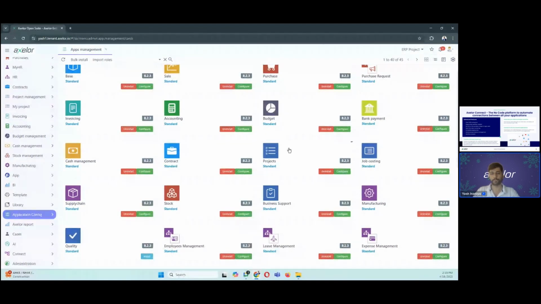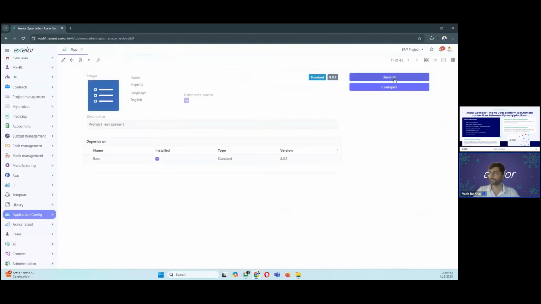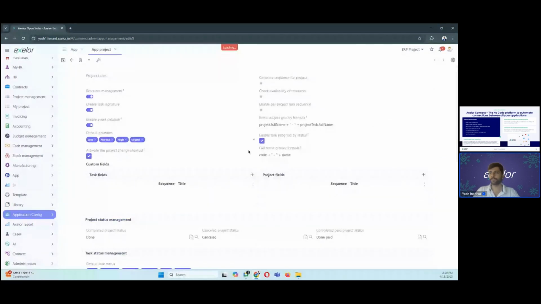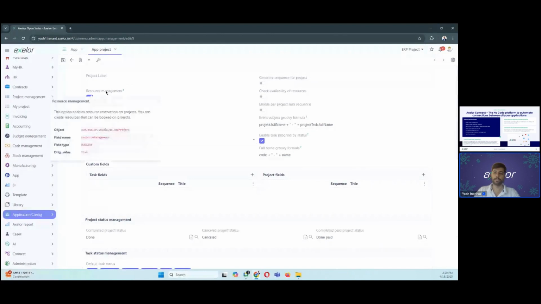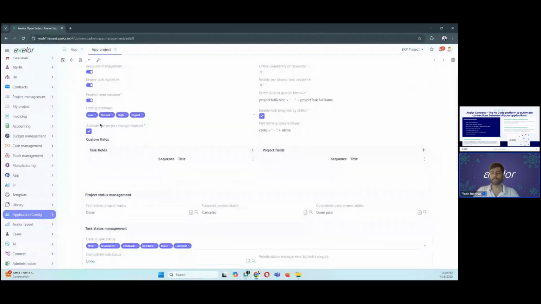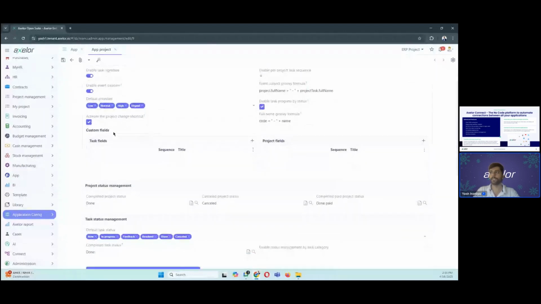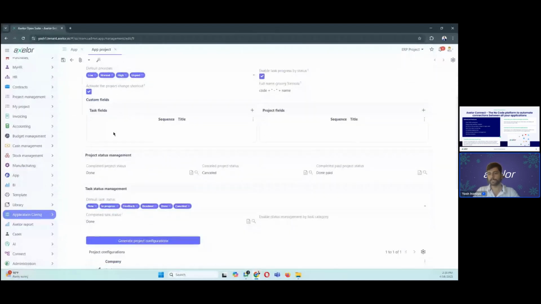So you have to install project management. And if you also want to run advanced functionalities in project management, such as taking a complete overview of how the cost and revenues are working for a project, you can also install the job costing application. If you take a look into project management, it quickly gives you various functionalities. For example, do you want to manage resource management, task assignment, creation of events? You can also set up your default status, default priorities, as well as one really important